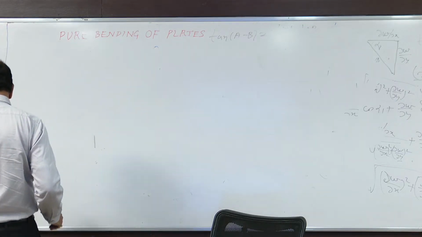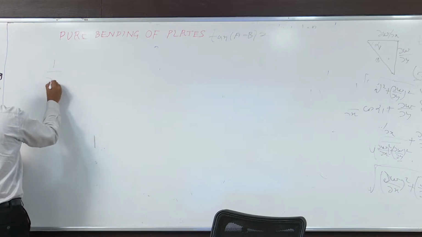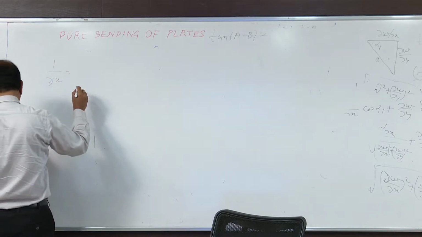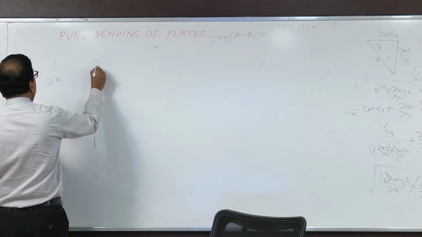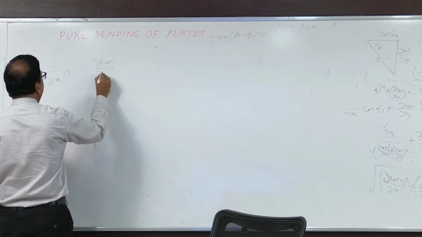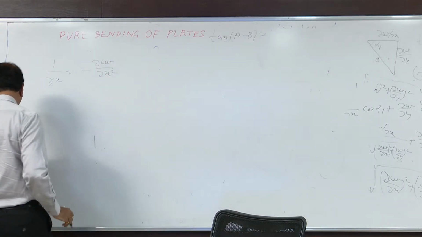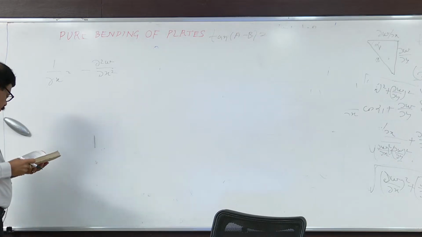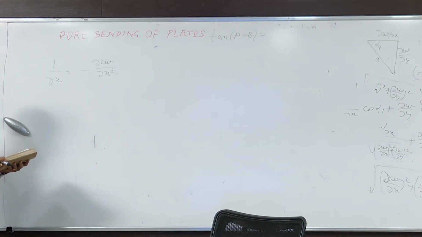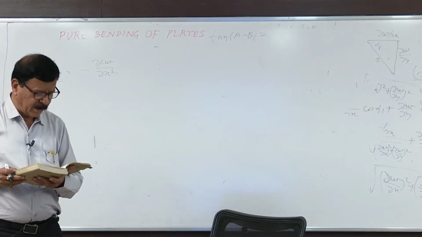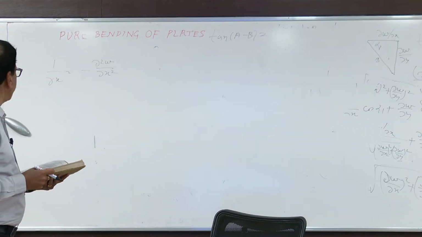Now curvature 1 upon Rx is equal to minus del square W upon del x square. Consider the curvature positive, it is convex downward. If convex downward,